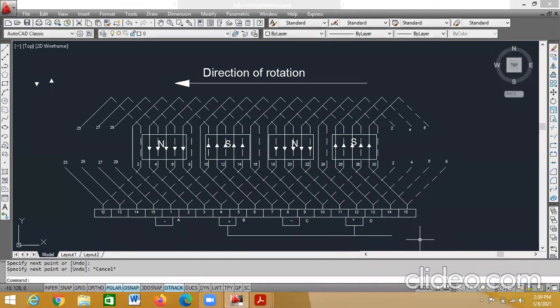This is for the positive terminal. Again, you can type here as positive. Again, rejoin so that we finish the brush placement and sequence diagram.